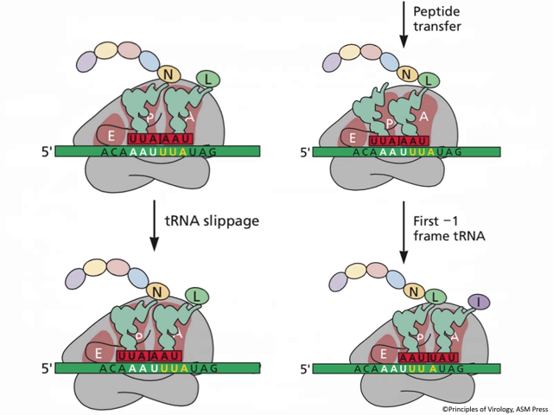Let's see how this works mechanistically. There are actually a couple of ways to do this, but this is one of them that will illustrate how this is working. When this frame shifting occurs, it usually happens around what's called a slippery sequence. And this is a stretch of A's and U's where if the tRNA backs up, or if the ribosome backs up one, it's not going to make a lot of difference in terms of base pairing. So let's look here. Here's the termination codon at the end of GAG, UAG. And we've got a tRNA with the growing polypeptide chain in the P site. Then we have in the A site the next amino acid, here in this case leucine. And normally you would terminate here, and that would be the end of the GAG protein.